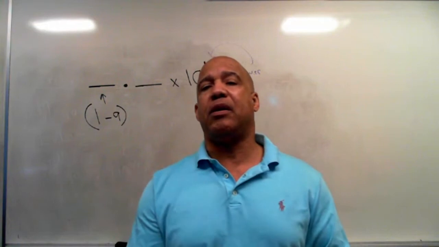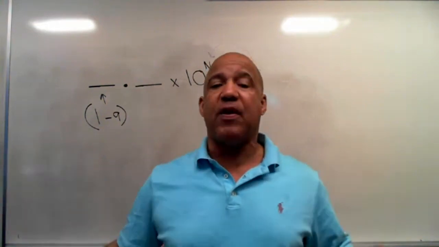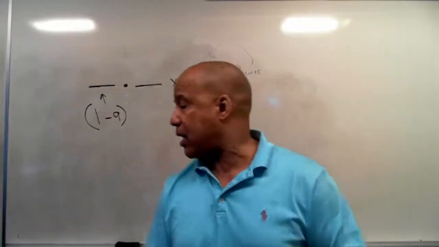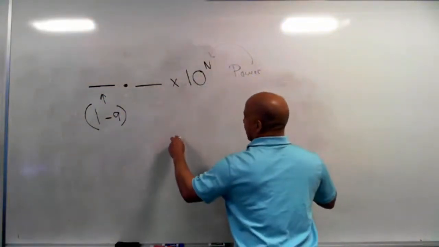Let's do the number that we talked about earlier, the distance between the sun and the earth, 93 million. Let's work with that number, 93 million. So if I take 93 million,